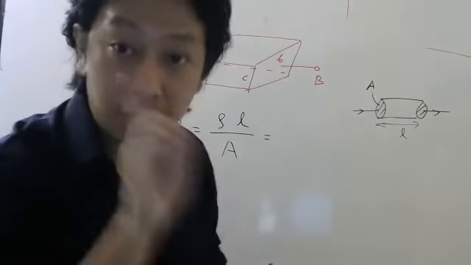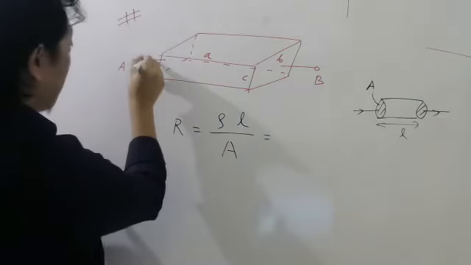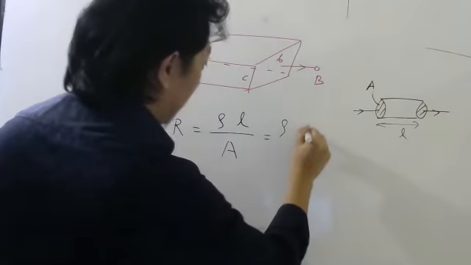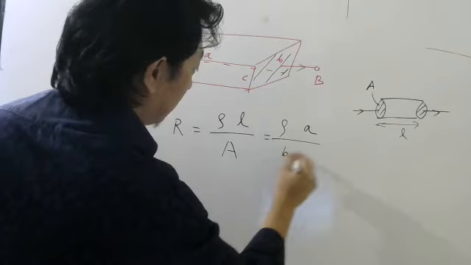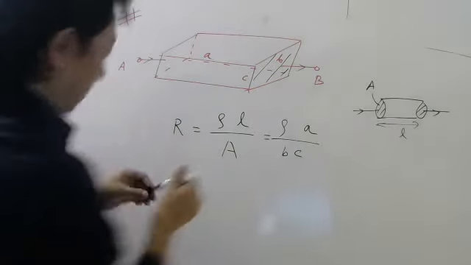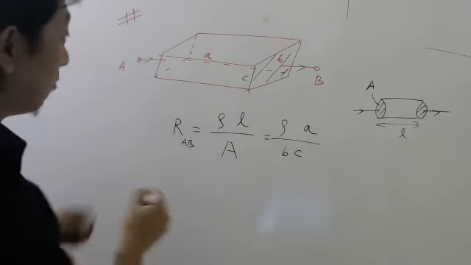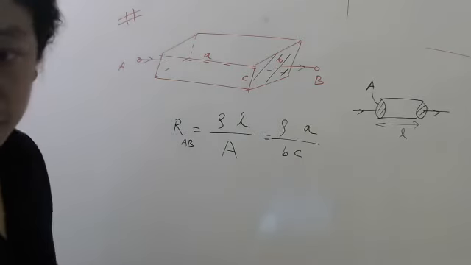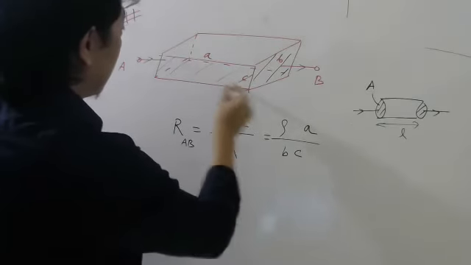Okay, students? If you understand that, then answer this question now. What will be resistance between these two? Between these two means current is coming like this. So rho, this length I have to use, which is A, and this area. What will be this area? Length into breadth. So B into C. So this will be the resistance between A and B. Now for the same wire, suppose I ask between these two. First you write this quickly. Suppose I ask between this and the back side.